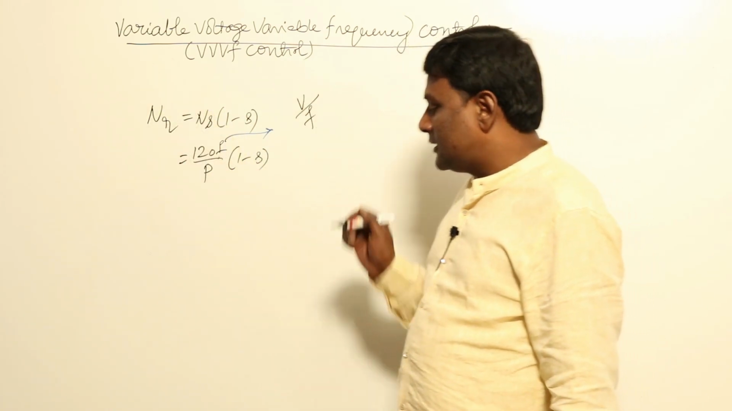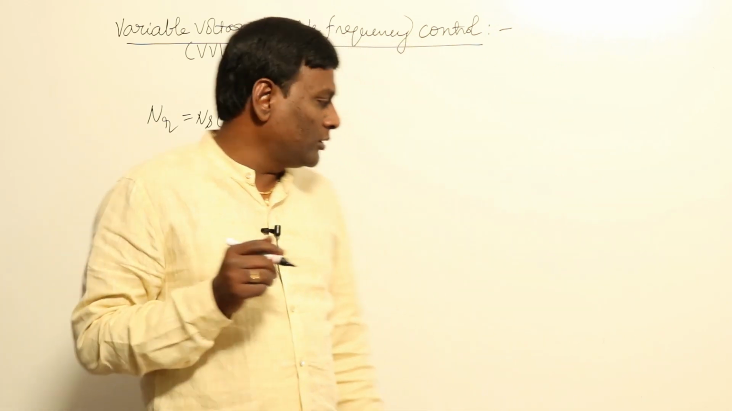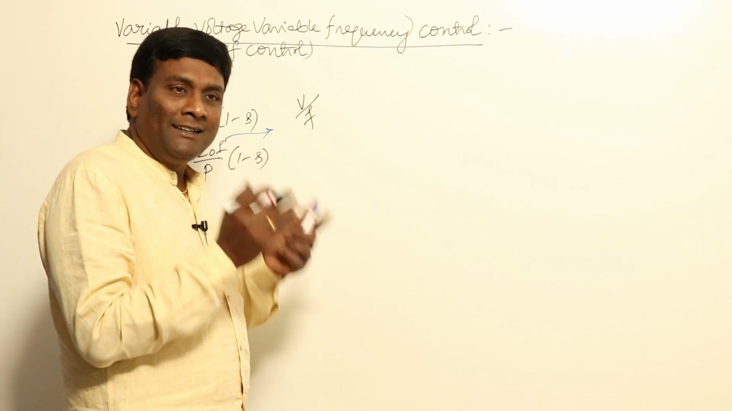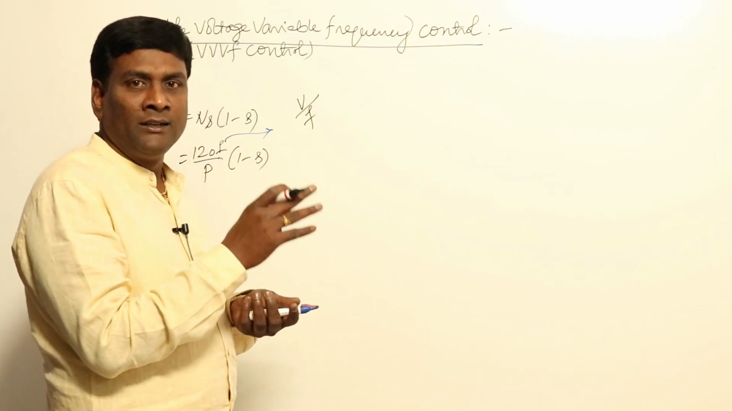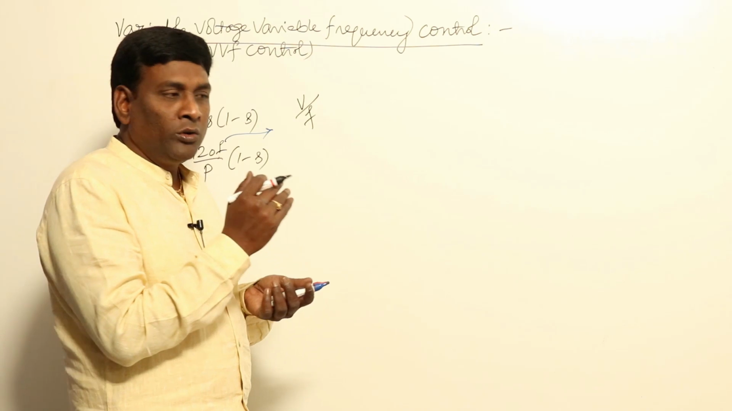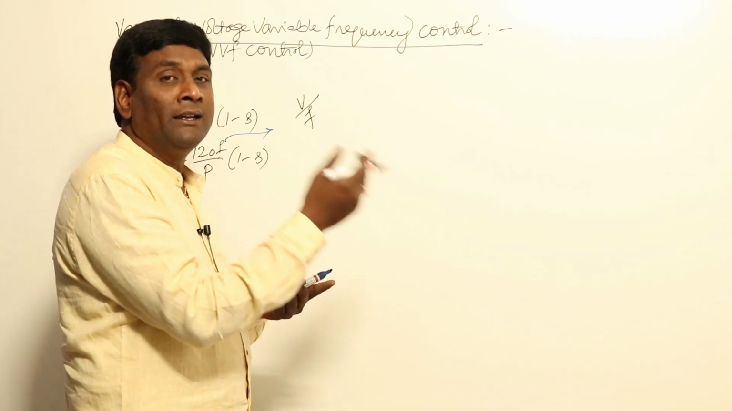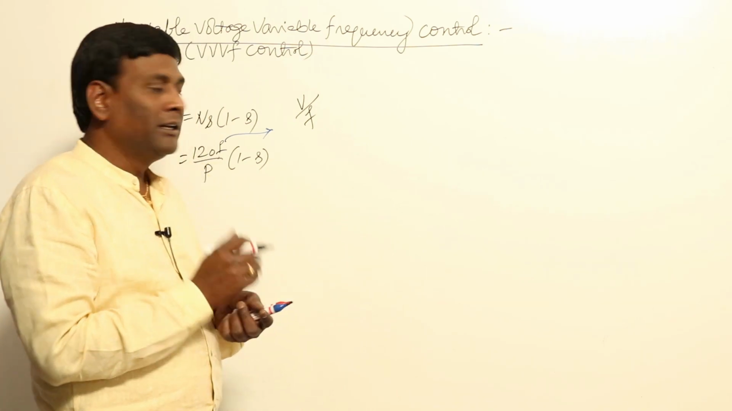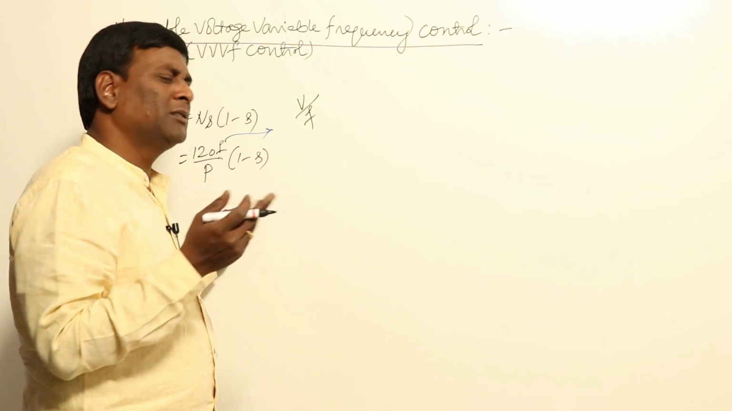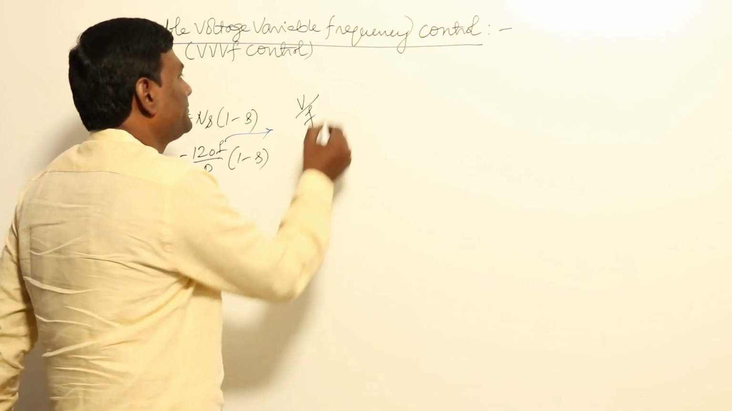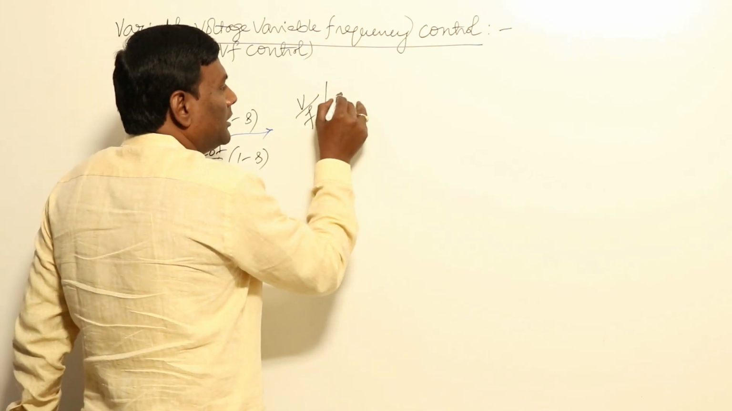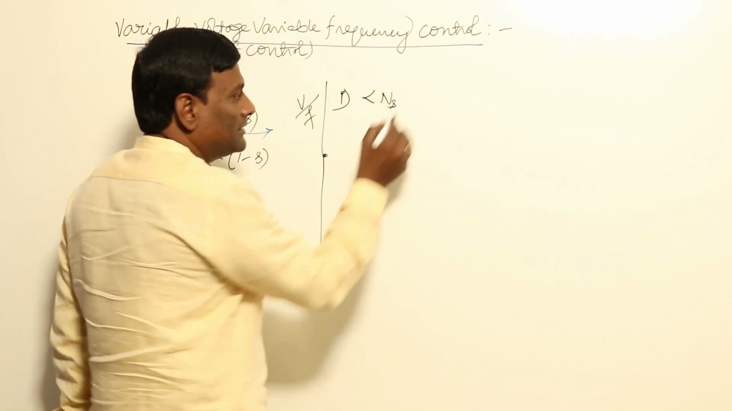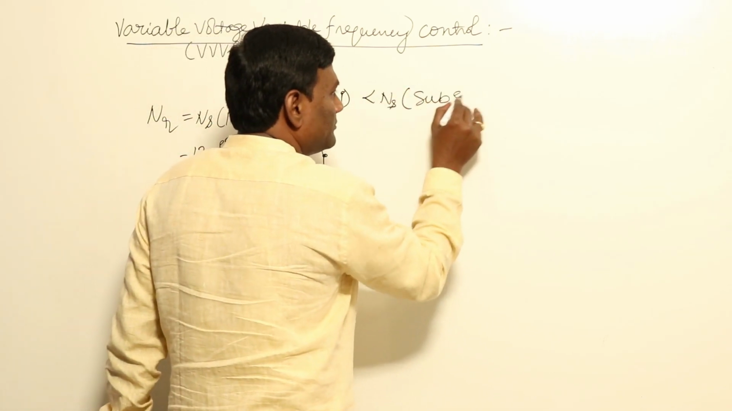Now one thing I have to tell you here: super synchronous and subsynchronous. For example, if the synchronous speed of a machine is NS, what is to be done if you are trying to achieve more than NS? And if you are trying to achieve less than NS? Less than NS we need to remember, because more than NS we can do directly. So, if you are trying to achieve subsynchronous speeds,